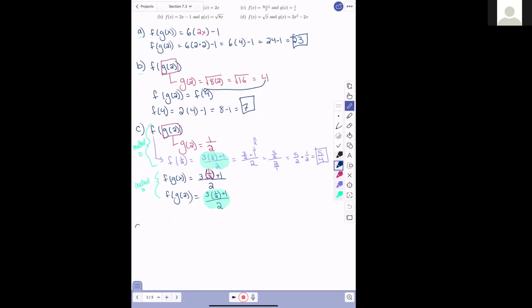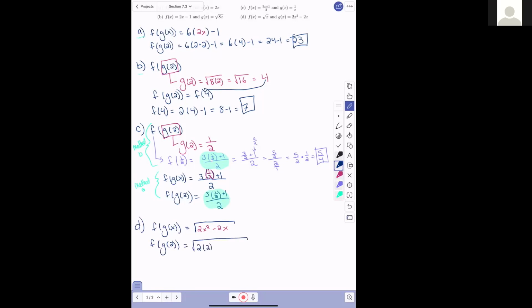Lastly, problem D for this page. We have, I will do it using method A, so we'll have f of g of x is equal to f of x, which is just the square root of x, and g of x is 2x squared minus 2x. And from here, if we do f of g of 2, this is equal to the square root of 2